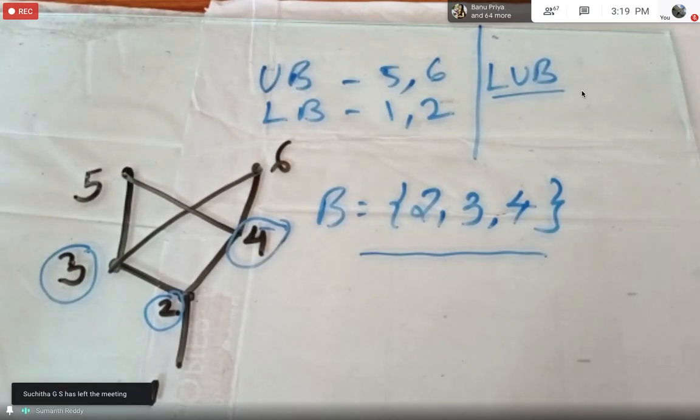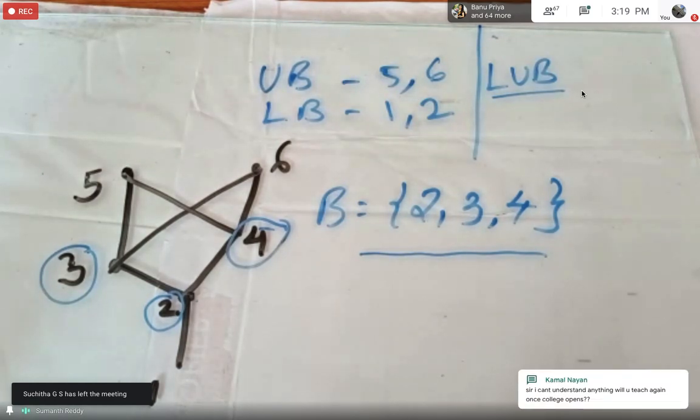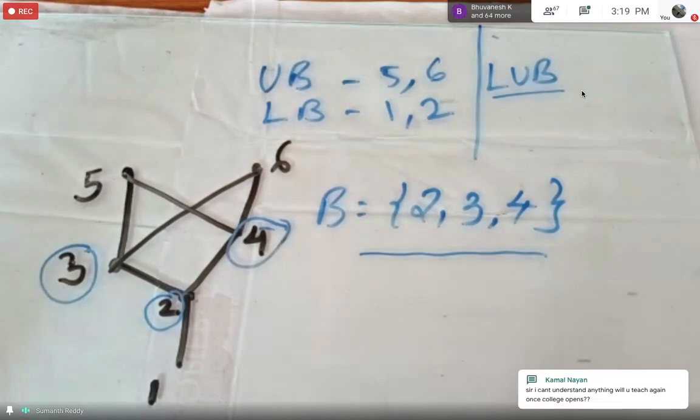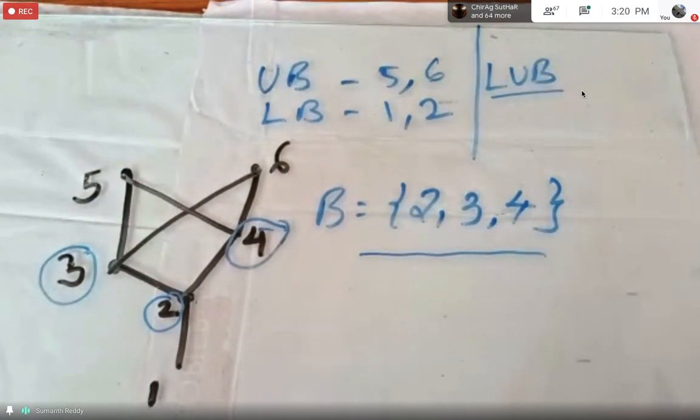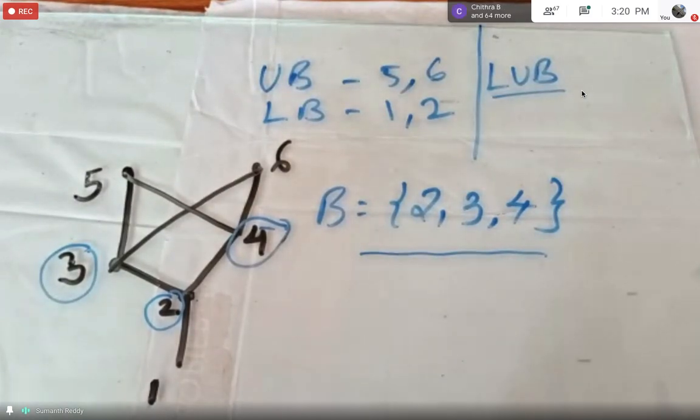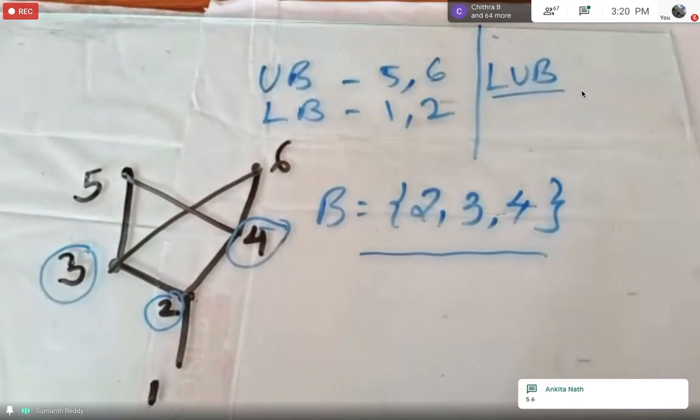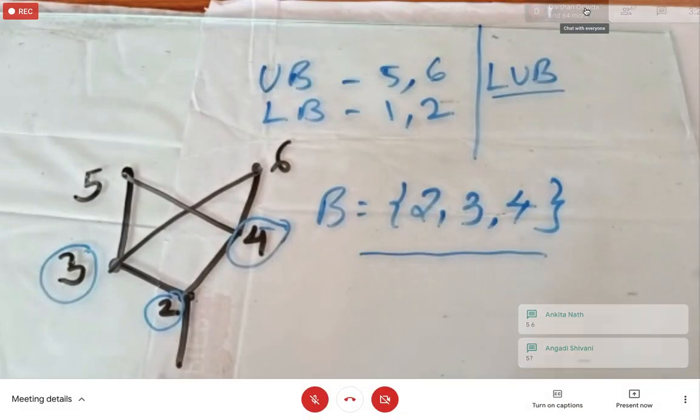If you have understood that, students, can you please answer? Can you tell the answer, which is the least upper bound? Please think and answer. Okay, I will just repeat again. If I have to find the least upper bound, you have to check two conditions. The first condition is it has to be one of the upper bound elements only, and the second condition is that element should be related to the other upper bound elements. Based on this, can you answer me which is the least upper bound? I know it is a little bit tricky, students, but once you understand that, it will be clear.